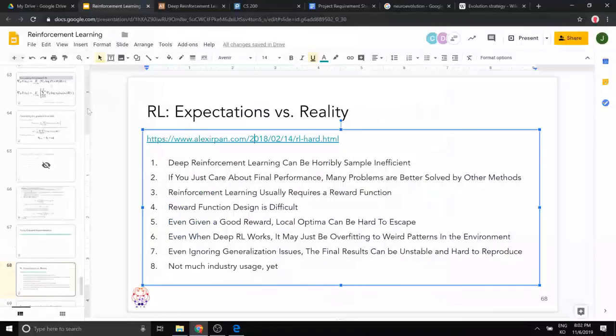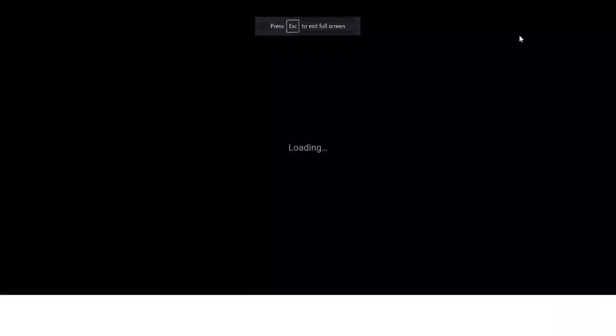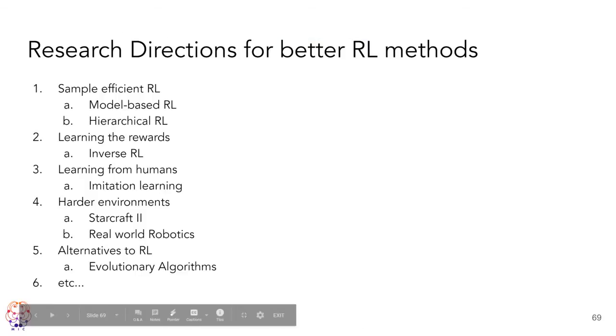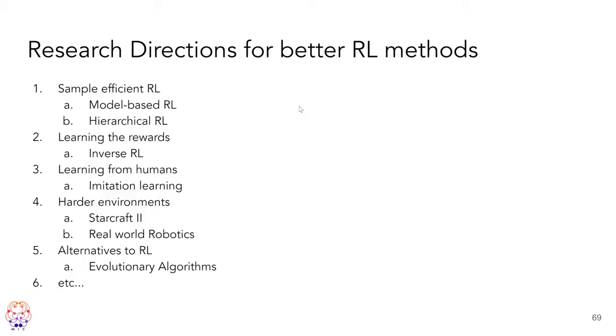So to end here, there are a lot of research directions, because obviously we haven't solved AGI yet. The reason RL is a good way to AGI is that it's such a general framework: you just put something in some environment. You could put a robot in an environment and it'll figure the environment out. That's why it's a good model for robotics research. But there are still these problems. You can read them on your own. There are a lot of things I want to do, to be honest.